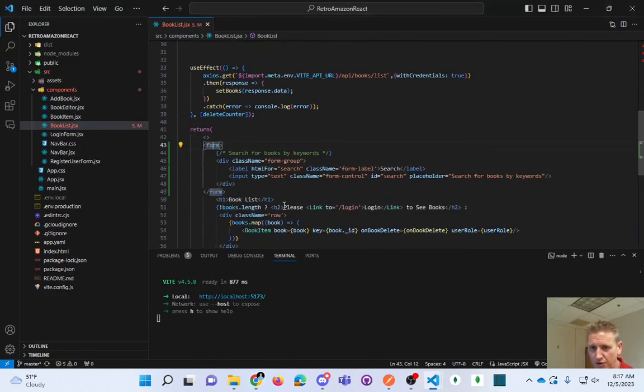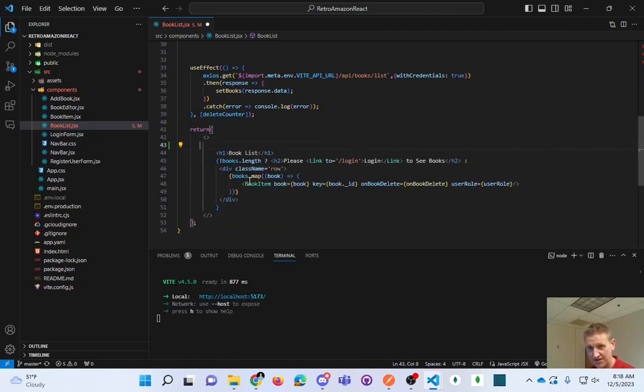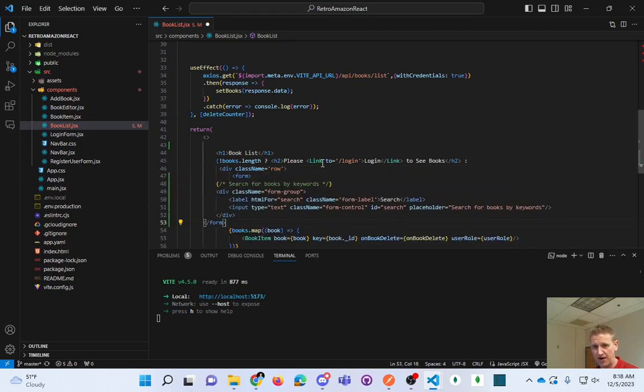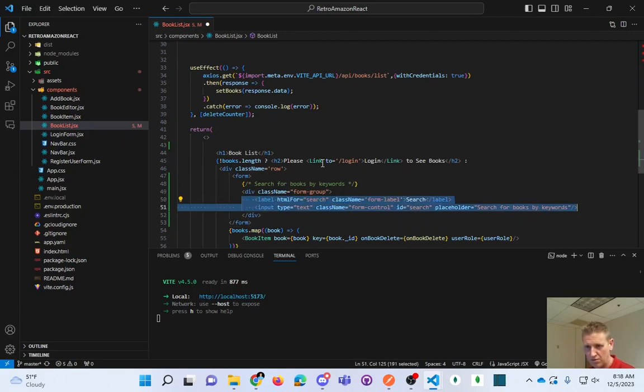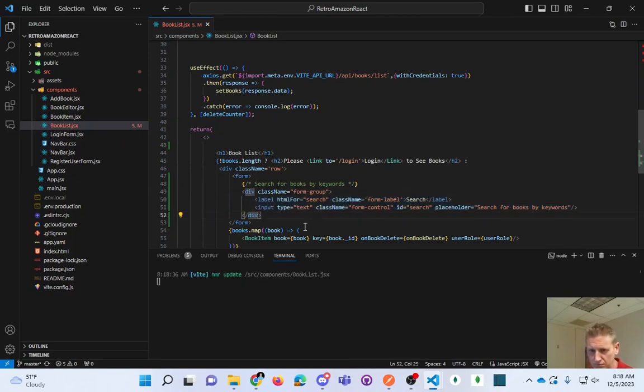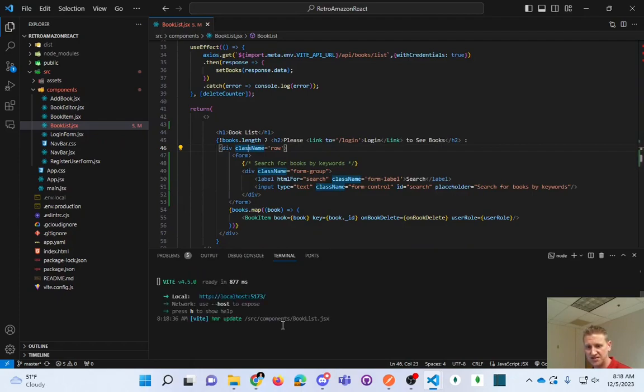So noticing that this form, probably let's nest it somewhere else. So I'm going to cut that form out of there. And here's my row with my book mapping. And I'll just put the form in there. Let me kind of get this tabbed over somewhat respectably. Okay, so we're not going to see those controls unless